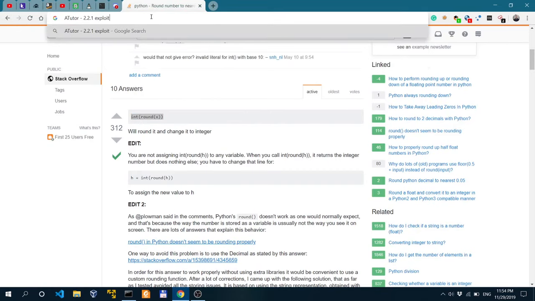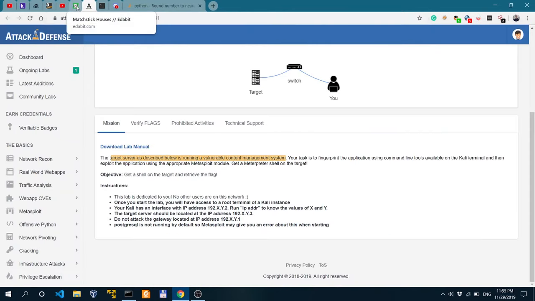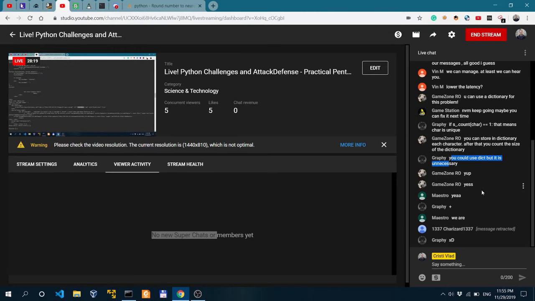Exploit. What else does it say? Using the appropriate Metasploit module. Okay. All right. So,